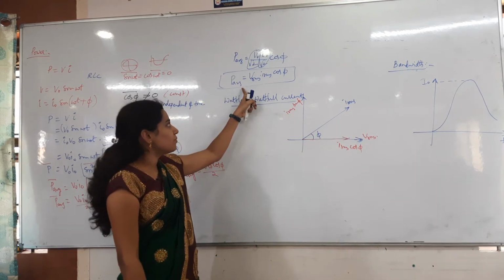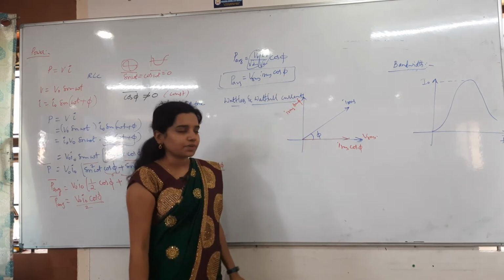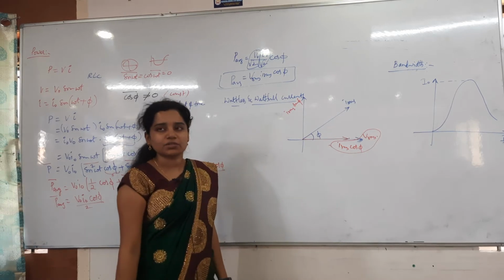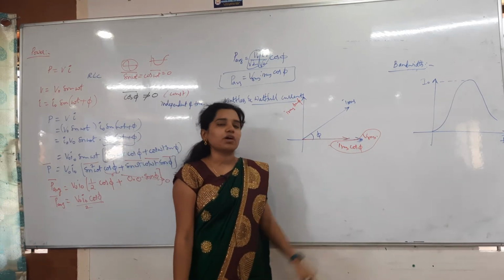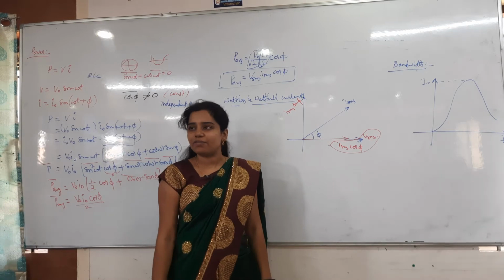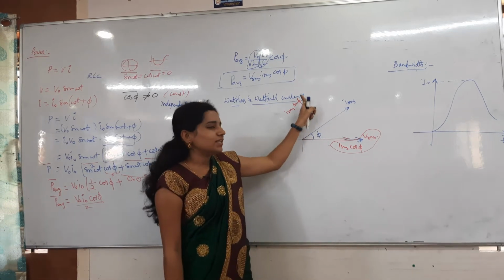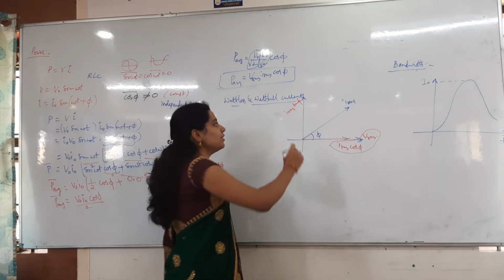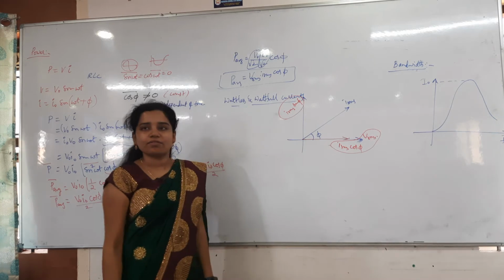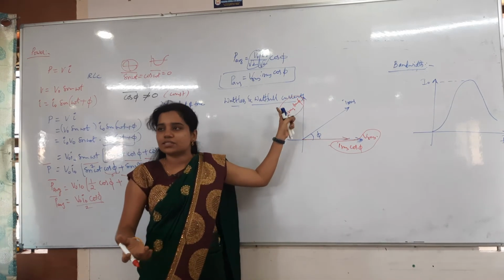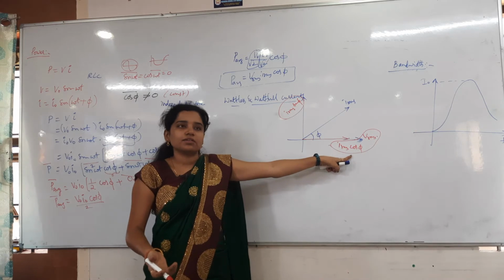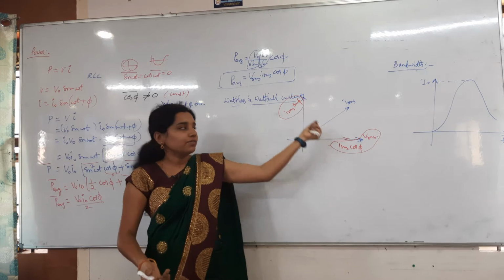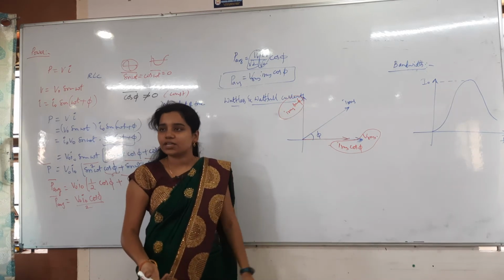Now in our power formula V RMS I RMS into cos phi, whenever I multiply them, I have taken all the components along one direction only. So V RMS I RMS into cos phi is the average power P. Is this current I RMS sin phi giving anything? Is there any power for that? Nothing. So we can call it wattless current. Watt is a unit of power, so powerless current. This is the powerful current, giving the power, so that is workful, otherwise wattful current. This one is powerless, otherwise wattless, otherwise workless current.